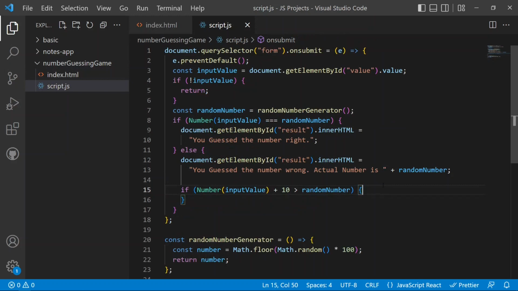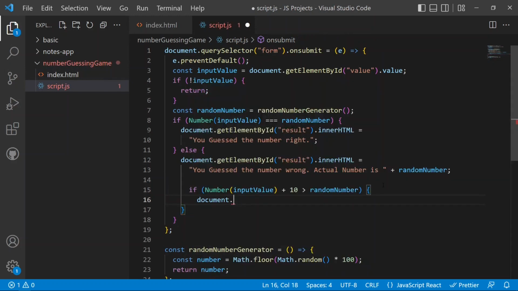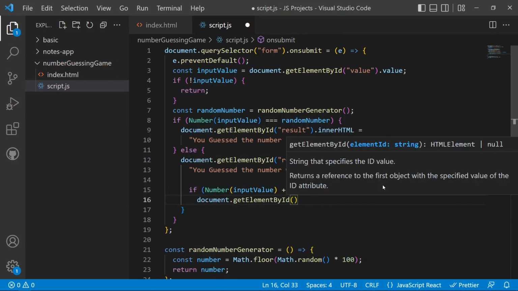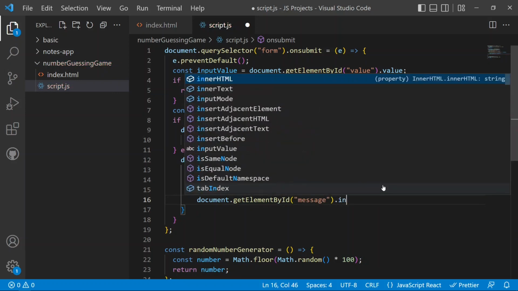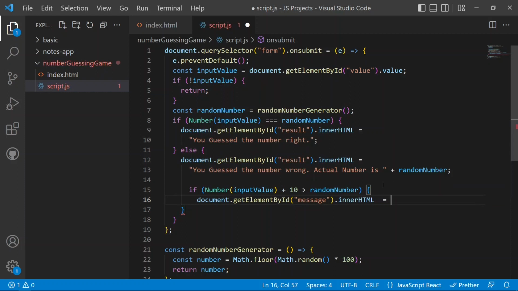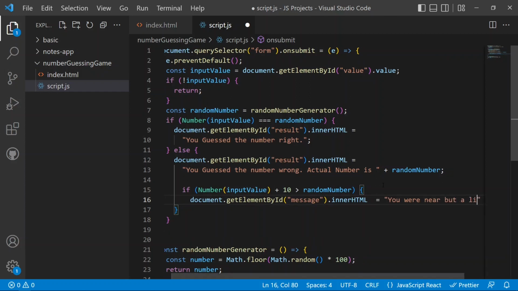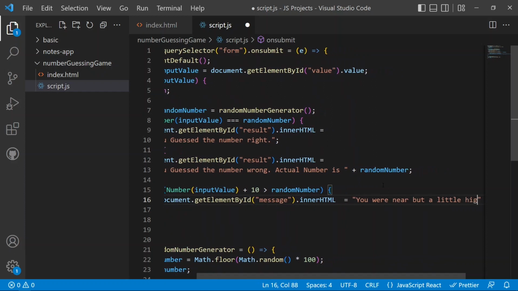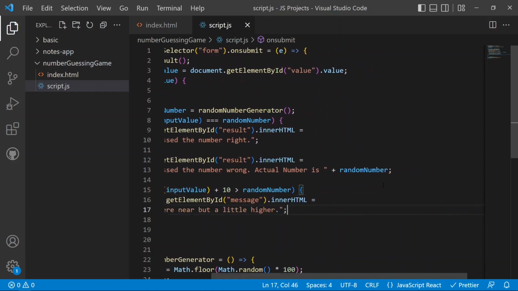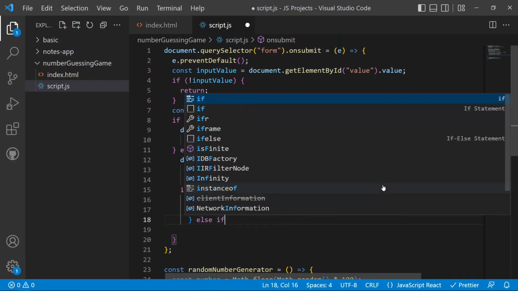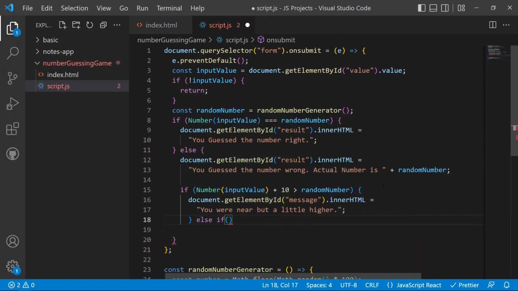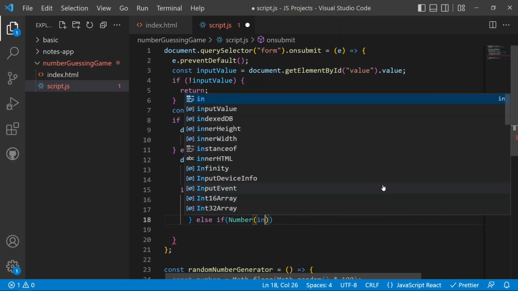So with the message, we can have here document.getElementById equals to message, and then we can have here dot innerHTML again would be equal to, so we can have the message as, you were near but a little higher. So we have this validation check with that, and after that we can check another if case as well. So we can have the else if block, and in the else if, like if the input value